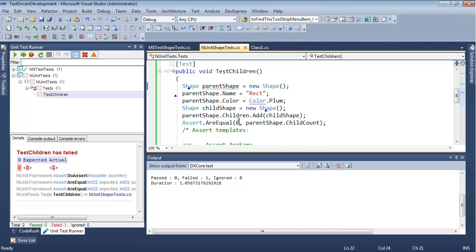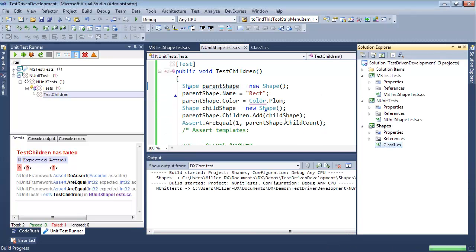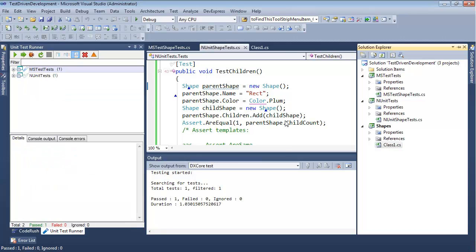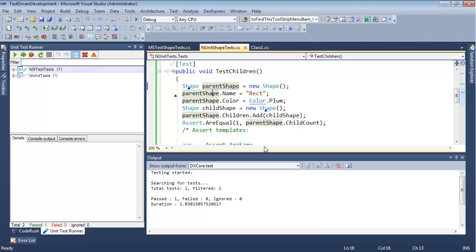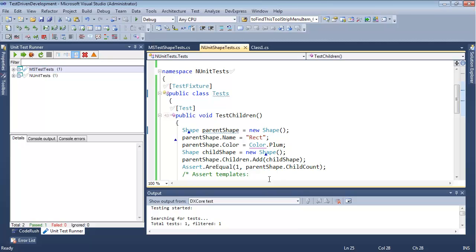Oh, because that does make sense, because I did make a change there. All right, so we want that to be 1, Control TL. Oops, Control TL. And there we go. We have it passing now. Okay, so that is a little bit about using the test runner and working with